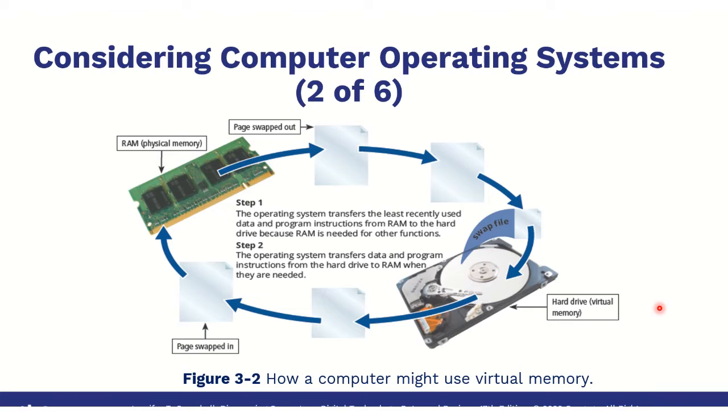Anyways, when you run your operating system and other applications on your computer, the operating system and each application will require a certain amount of RAM to function properly. As you know, as you run more applications simultaneously, more RAM will be needed. If your computer runs low on RAM, it may need to swap the contents of RAM to and from the hard drive. When this takes place, your computer is said to be using virtual memory, which is